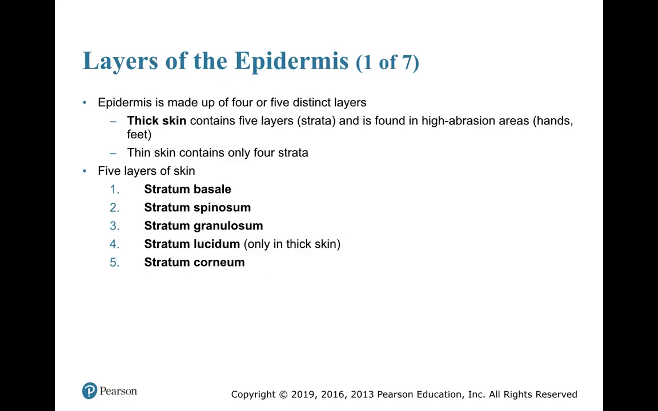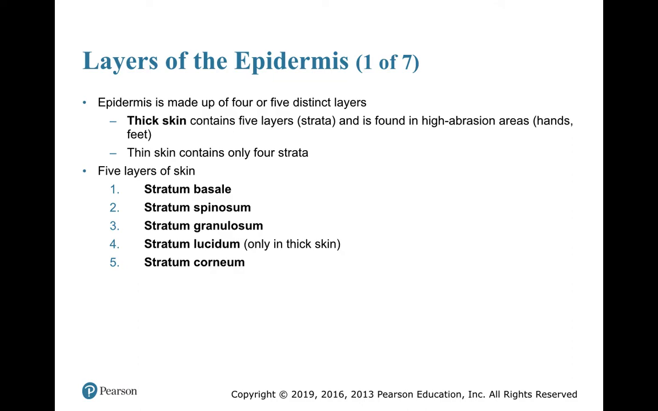Epidermis is made up of either 4 or 5 distinct layers. Most of our skin has 4 layers. There are a few places where we have thick skin that have 5 layers. The thick skin has an extra layer, and it's found in places where there is a lot of abrasion, a lot of wear and tear. So on our hands, on the soles of our feet,